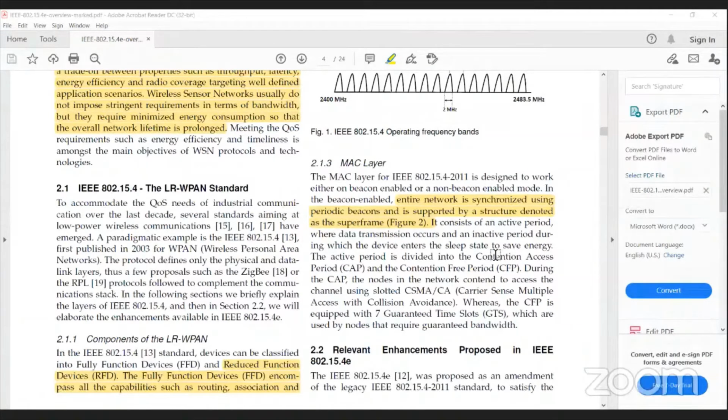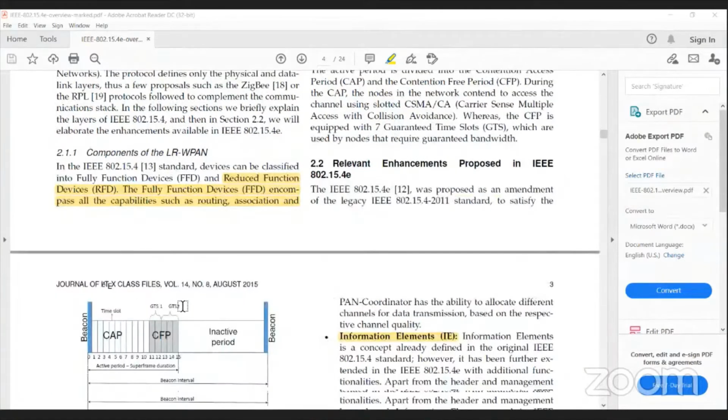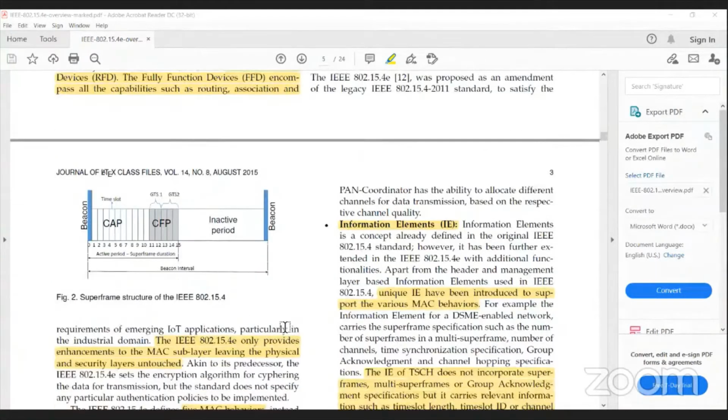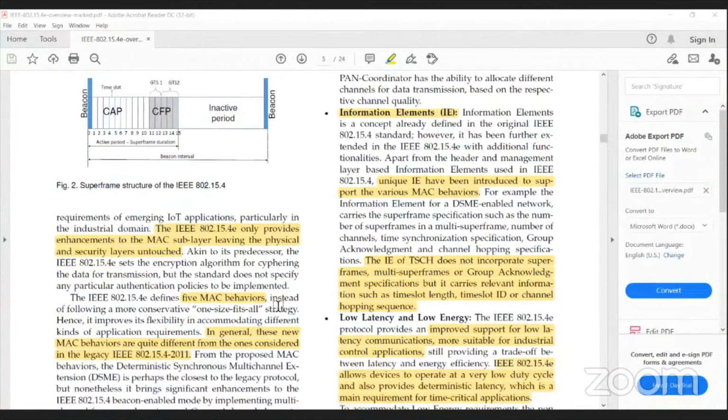One is the CSMA-CA based mode, and the other is the GTS mode. Here he's talking about the super frame and the GTS mode. You can see the same picture that I drew is out here. So it's all, I would say, duplicates. Now the